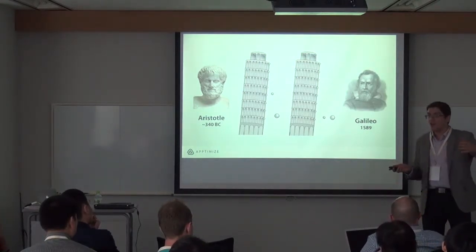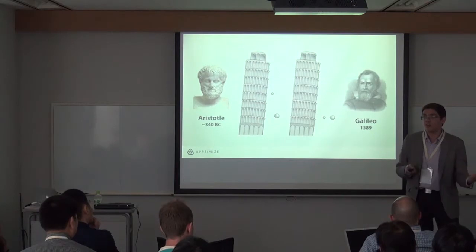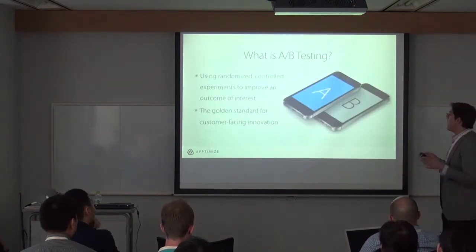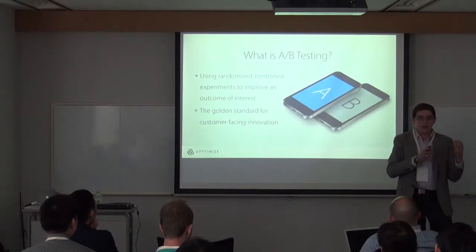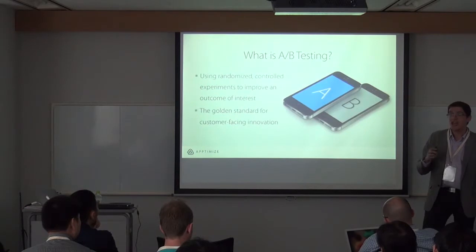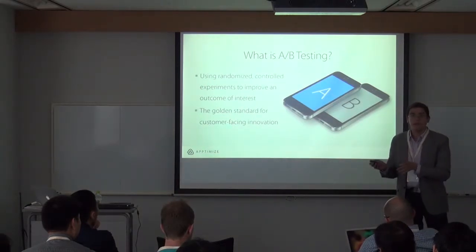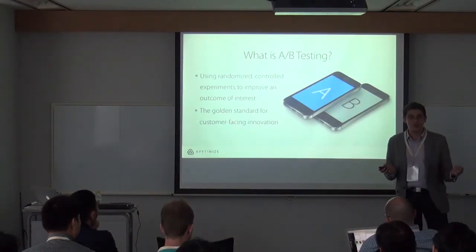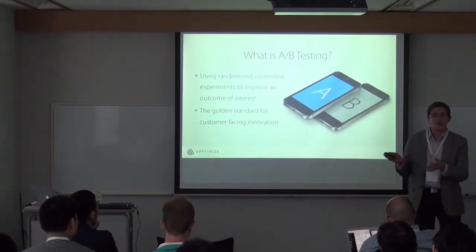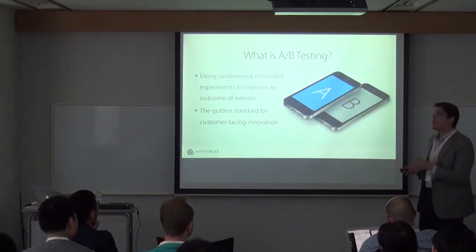Because the future has a lot of different things that we cannot measure, we cannot know the consequences of what we did. So that's what A/B testing is really about. A/B testing is about taking the experimental method that's been around in science for around 400 or 500 years and applying it towards solving business problems. When there's an uncertainty, A/B testing allows you to use what we call randomized controlled experiments to improve an outcome